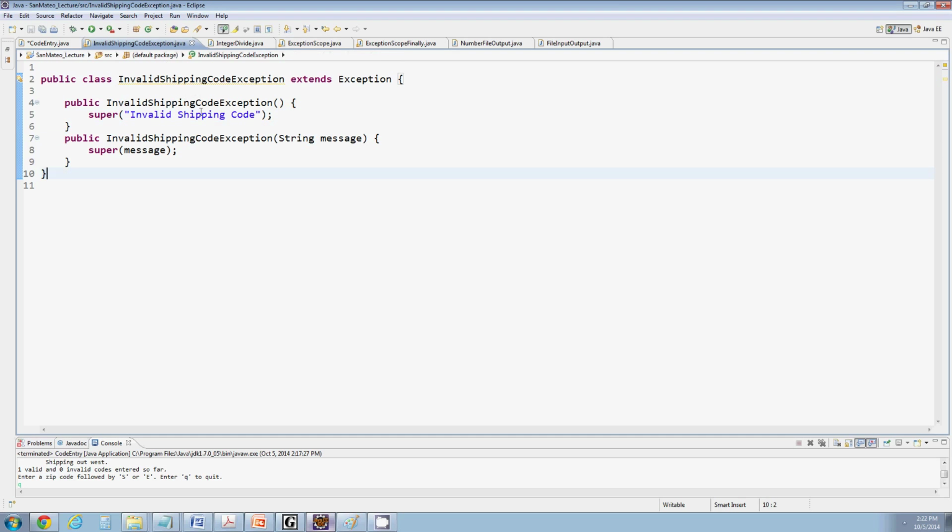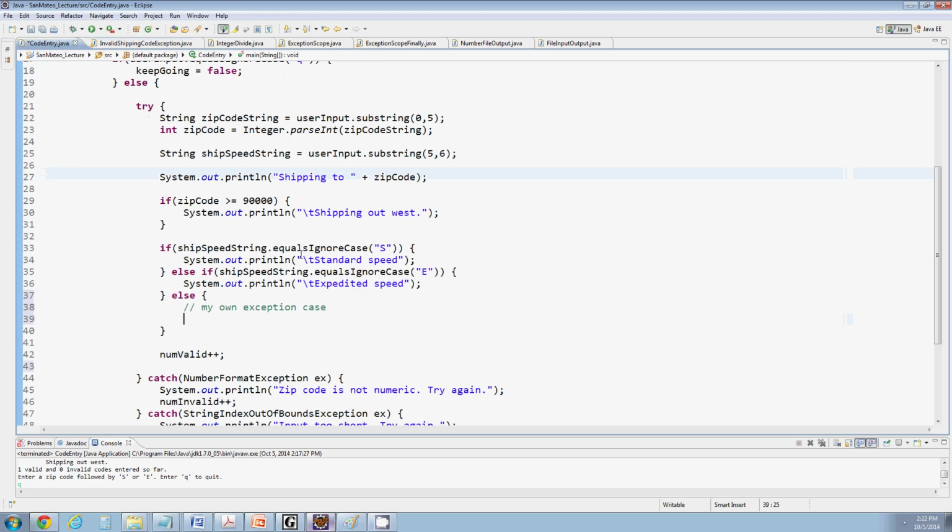So now I have this exception, and now I can use it. So now I can say, okay, if this character is an S, it's standard shipping. If the character is an E, it's expedited shipping. If it's neither of those, I have this new exception situation. So I want to throw a new object of type invalid shipping code exception. Now, I'm getting an error message, which I'll talk about in a minute, but